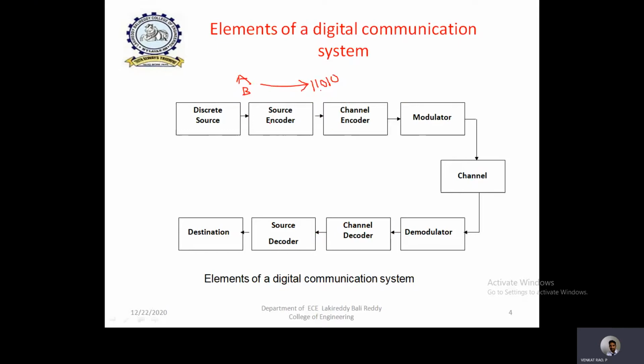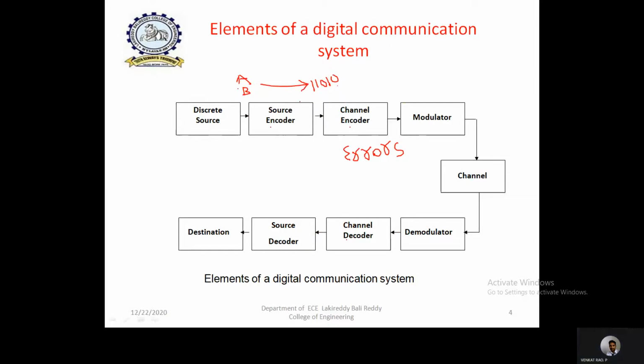Then what is the purpose of channel encoder? Already we have an encoder known as source encoder, which converts the symbols into bits. The purpose of channel encoder is to detect and correct errors. This is the main important purpose why we use channel encoder. Detection of error means we need to know whether there is an error in the transmitted bit sequence while we are receiving in the receiver.